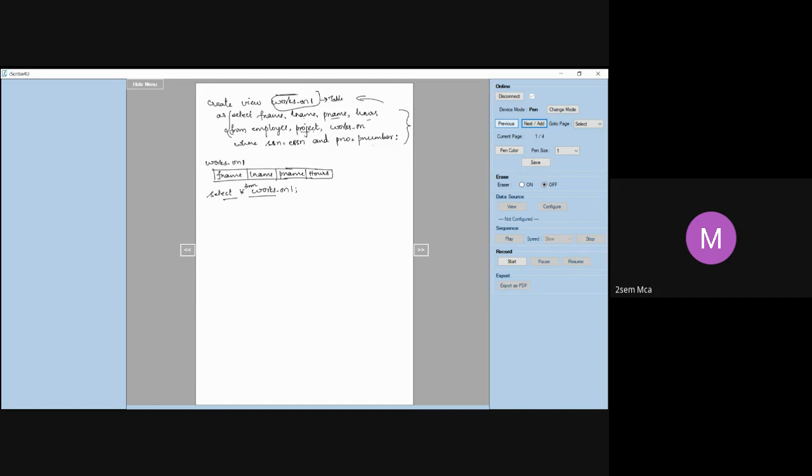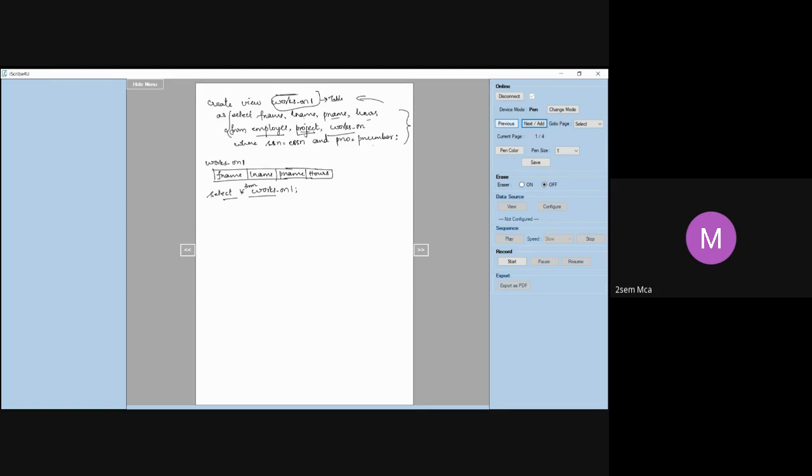If you observe here, in this view, which works on one view, we have not used any new attributes. It simply takes the attributes from the tables only. It takes all the attributes from the employee, the attributes from project, the attributes from works on, and so on. We are not specifying any new attribute names for this view.